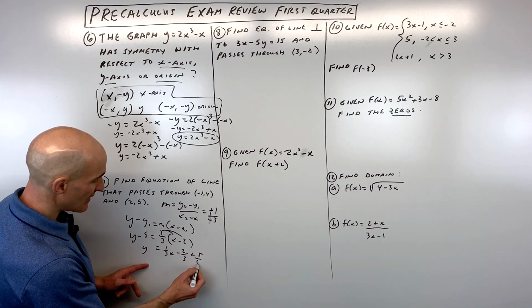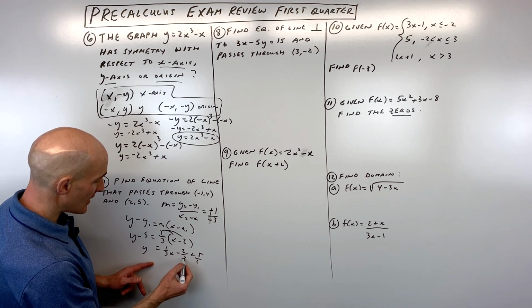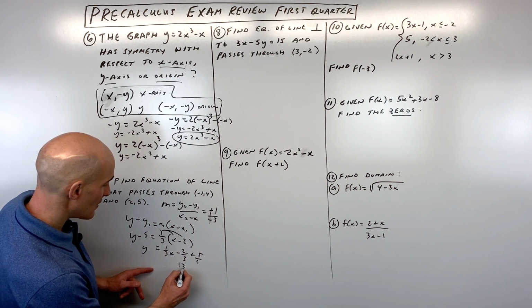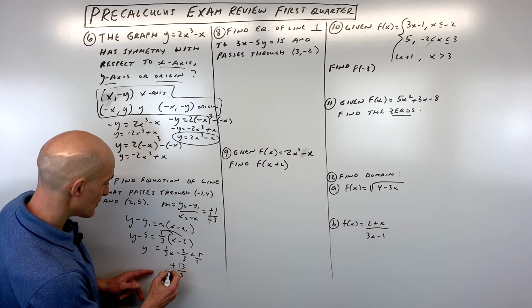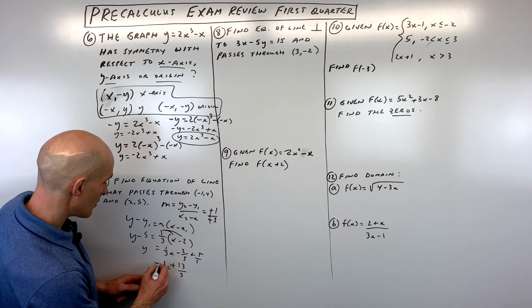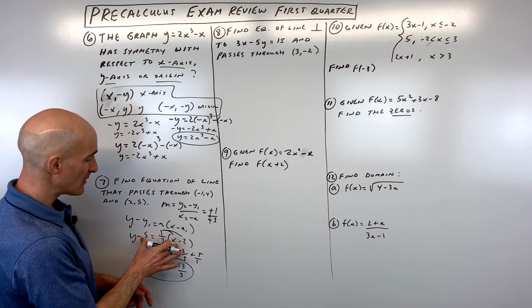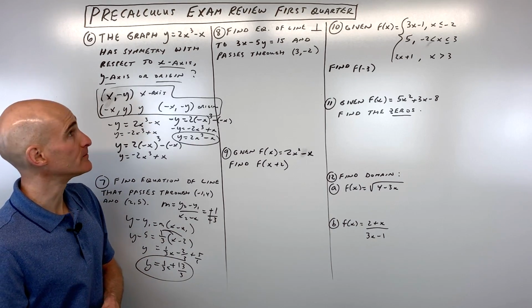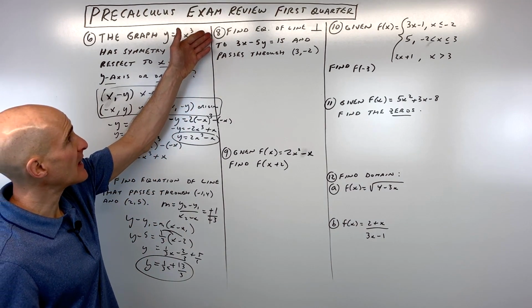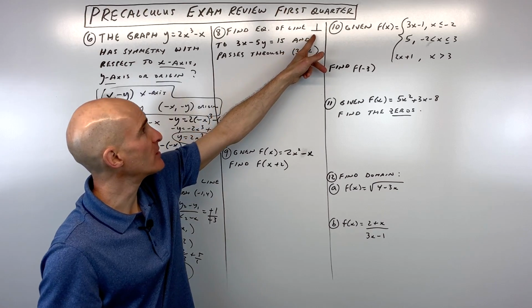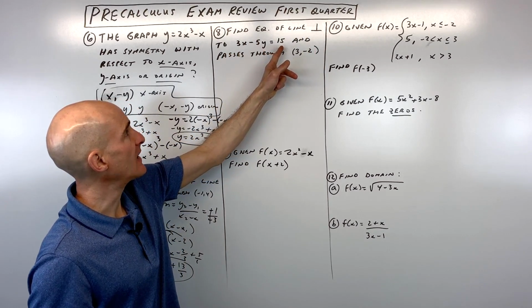Okay, now I'm just going to get common denominators. This is 15/3 minus 2/3, which gives us 13/3. And that's our equation of our line in slope-intercept form. But you could probably leave it in the point-slope form. That would be fine too. Okay, for number 8 now, it says find the equation of the line that's perpendicular to this line and passes